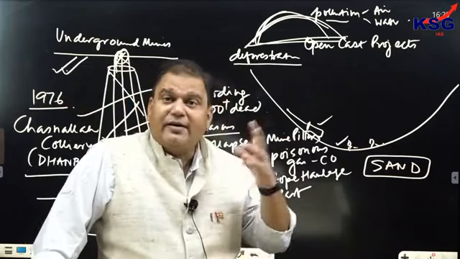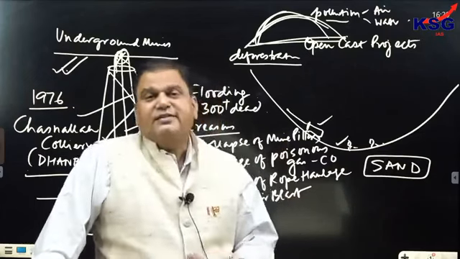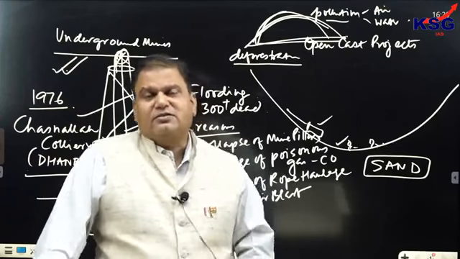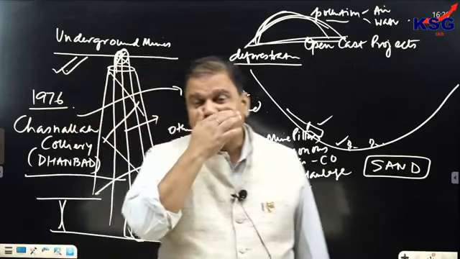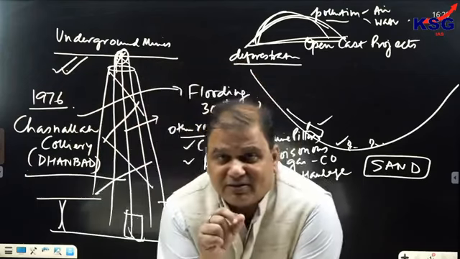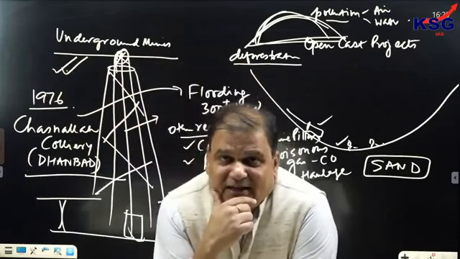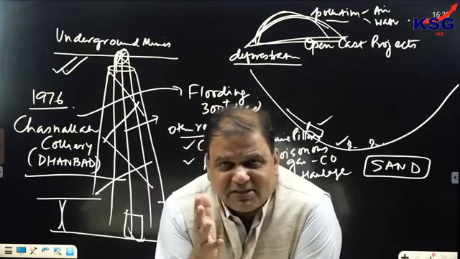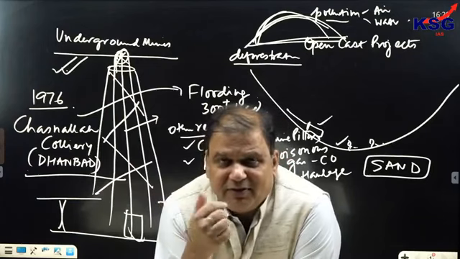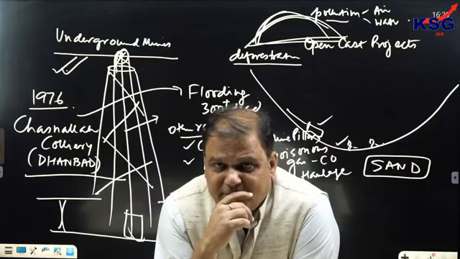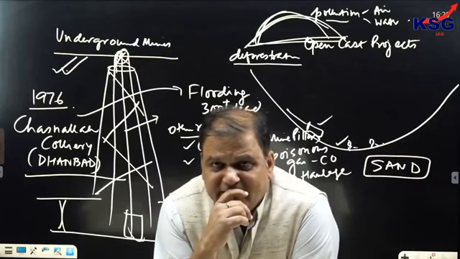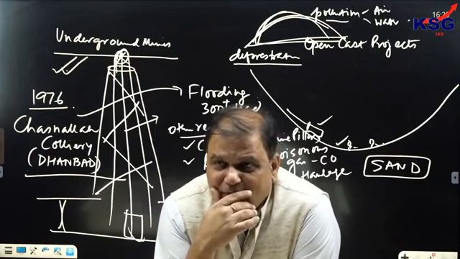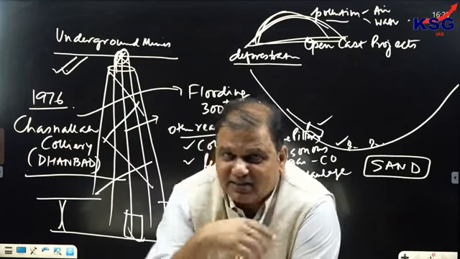That can lead to underground fire. Because you can see Dhanbad district in Jharkhand suffering from underground fires. And why is it suffering from underground fires? Because of improper mining activity in the past. Mining should be conducted as per the Mines Act of India, the regulation given in the Mines Act of India. Precautionary measures, clear? Mining should be conducted accordingly. So all these things you have to know about the mines disaster, how it happens.